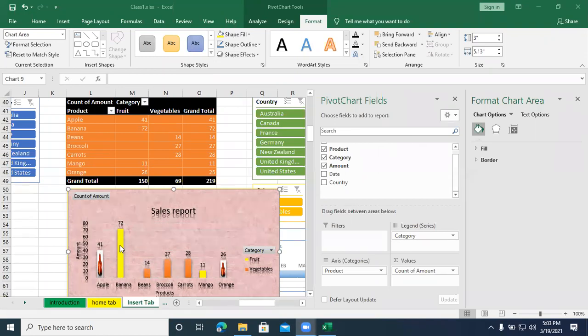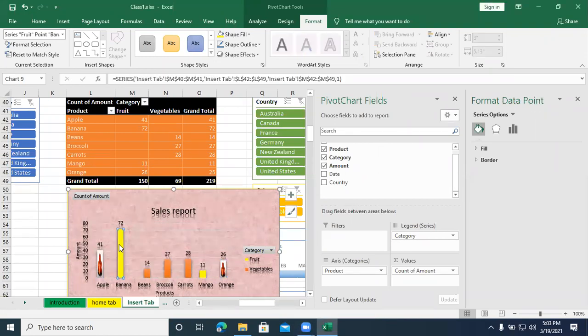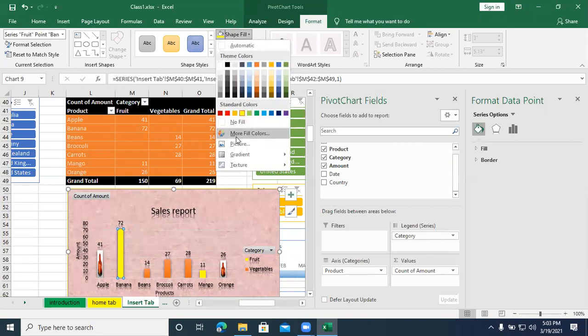To insert the image, select the shape. Only that particular shape should be highlighted. Then go for format under the pivot chart options. Format, shape fill. Under the shape styles, shape fill, pictures.